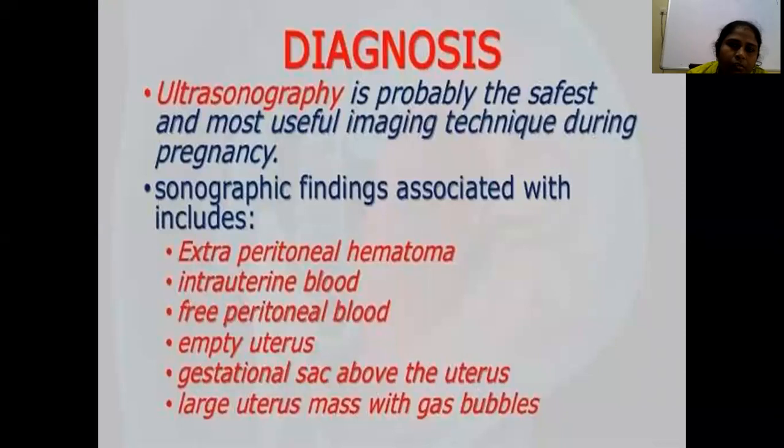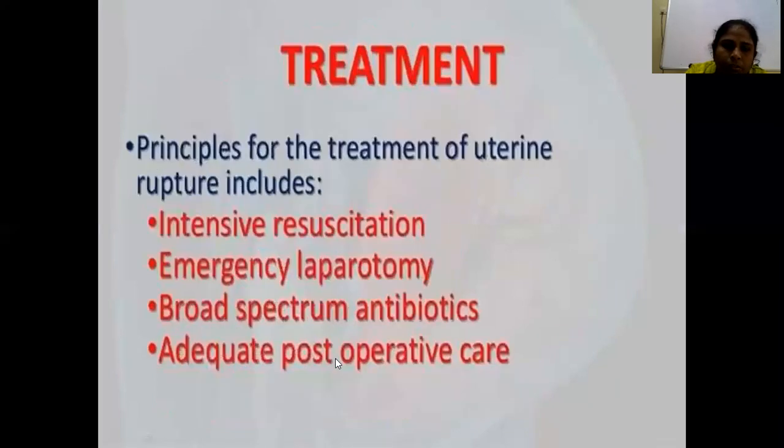The main way we diagnose a rupture is ultrasonography. On ultrasound, there will be extraperitoneal hematoma, intrauterine blood, empty uterus, sac above the uterus, large uterine mass with gas bubbles. How you will treat the rupture is intensive resuscitation, emergency laparotomy, and put her on broad spectrum antibiotics